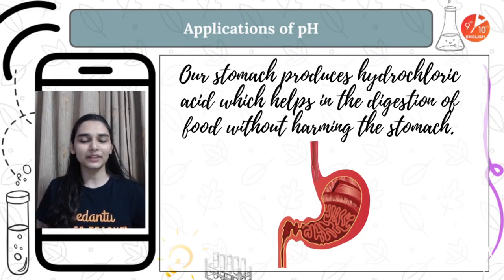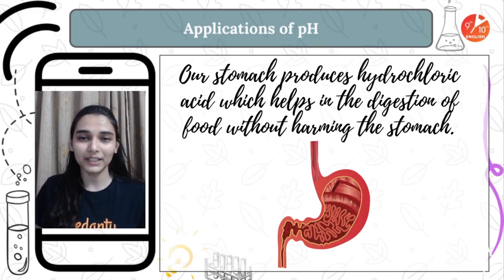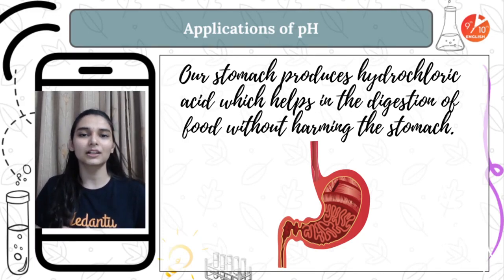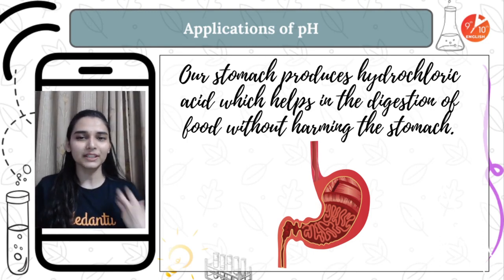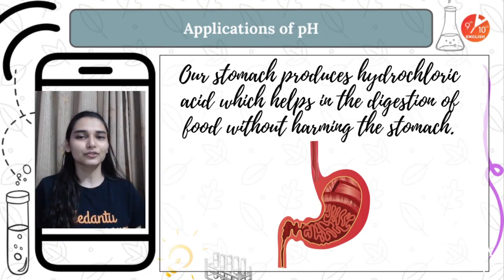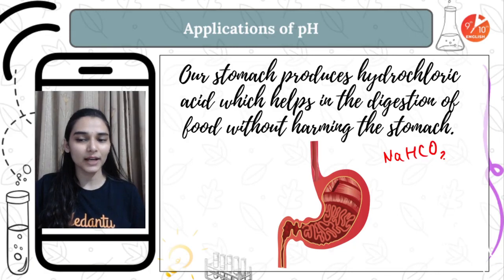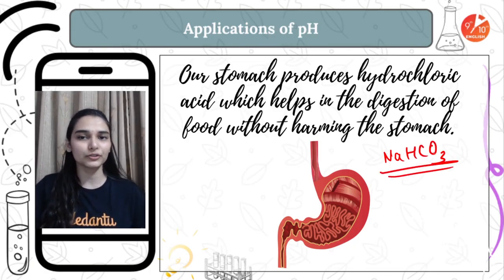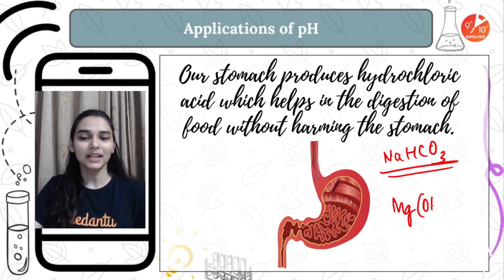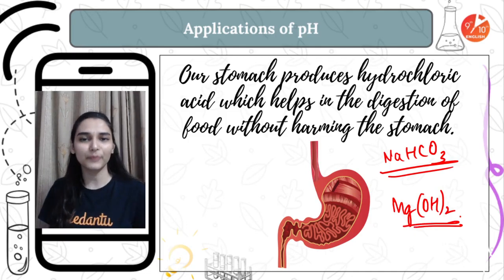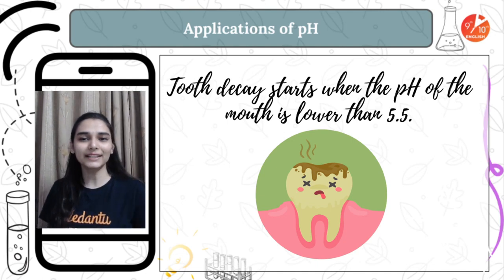The same thing happens when we are consuming excess of, you can say, fast food, or you do overeating, or you are not eating anything, you are fasting a lot. So what happens? The hydrochloric acid in the stomach starts producing a burning sensation, right. So just to feel better, we go with some mild bases. We can take some baking soda, that's a mild base, non-corrosive, add it into water, drink it. That will neutralize the excess of acid. Or you can take milk of magnesia, that is again a very good antacid, right? And your body is pH sensitive.